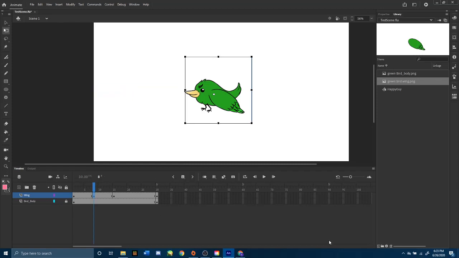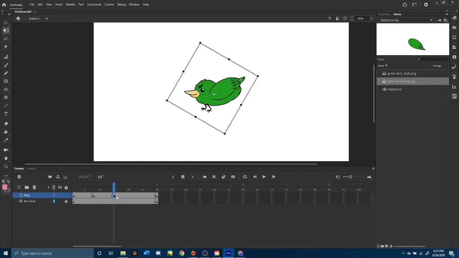Now, a great tool that animators use is the onion skinning tool. That is the tool right here that shows a darker circle in front of a lighter circle. When animating, it's very helpful to be able to see a ghost of an outline of the frames before and after the frame you are trying to modify in the middle. And since we are at that point of trying to change this middle frame here to somewhere between this first frame and this frame at the very middle of the timeline,